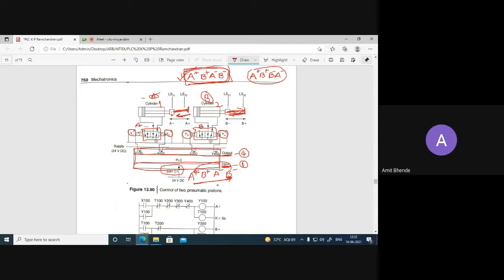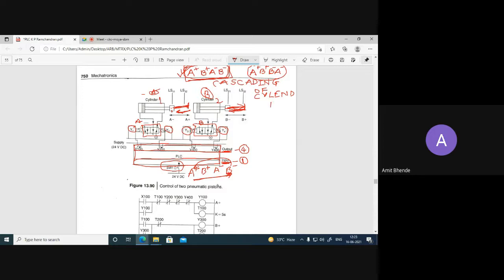This is called sequencing of cylinders, or it is also called cascading. Cascading of cylinders means sequencing of cylinders.